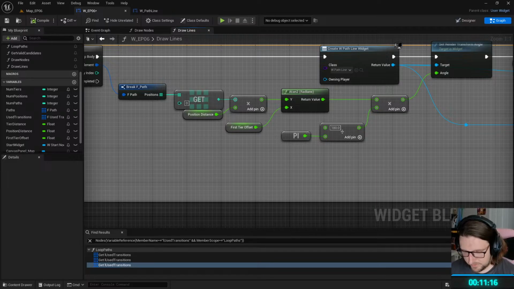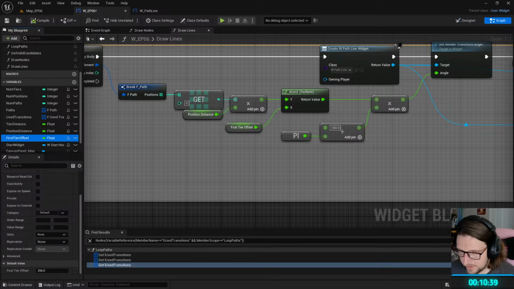Determine the angle with similar rotation matrix for a widget placed center top, aiming at the start of each path, and the distance of the first path entry is a variable. Currently, the first tier offset is set to